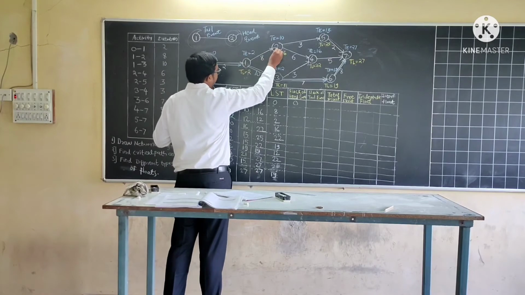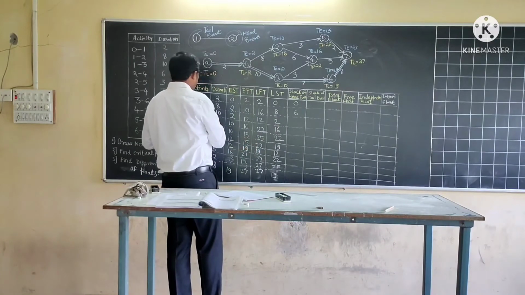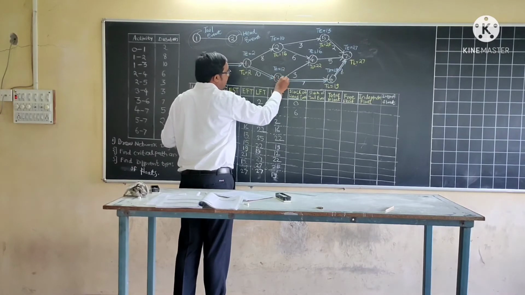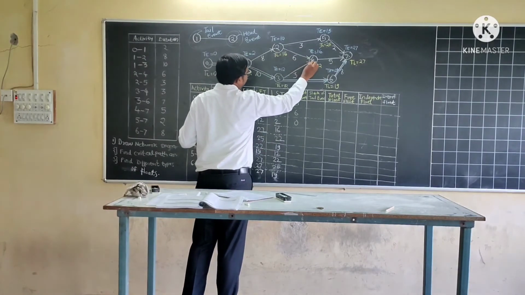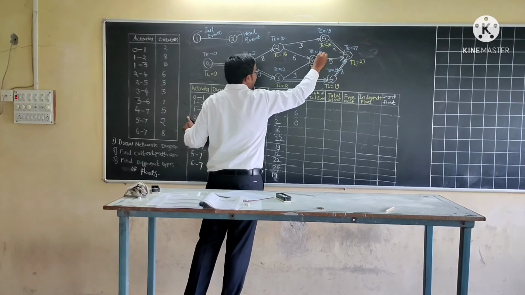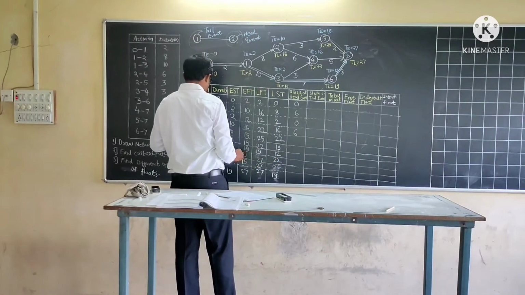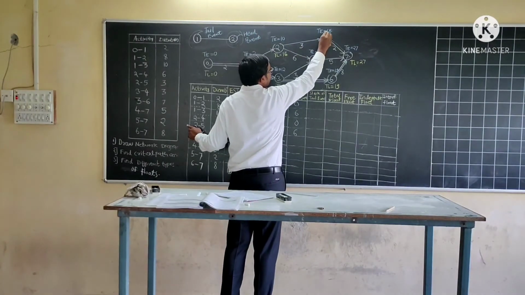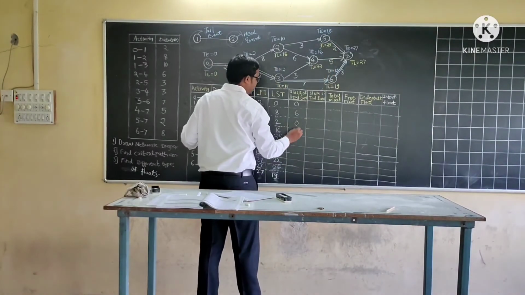Activity 1 to 2. Head event is this. 16 minus 10, 6. Activity 1 to 3, 3 is the head event. So difference between TE and TL values, 12 minus 12, 0. Again 2 to 4. This is the head event and the difference between TE and TL values, 22 minus 16, 6. Now 2 to 5. 5 is the head event and the difference between TE and TL value, 25 minus 13, so 12.